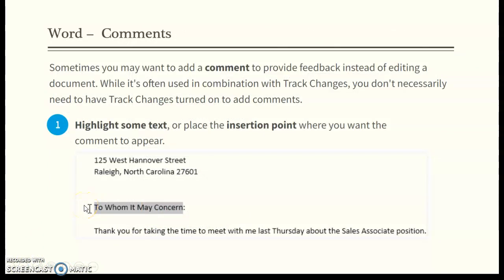Comments. If you are working on a document that you're sharing with someone or sending to be critiqued and checked out by someone else, you can have them write comments so that you have something selected and then something said regarding that particular word or phrase. So what you would do is select the text, whether it's a word or a phrase, and then you would go into